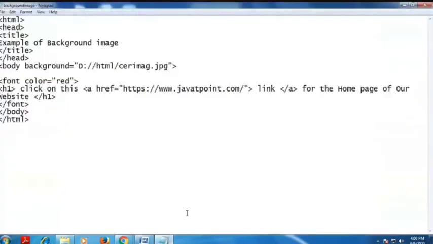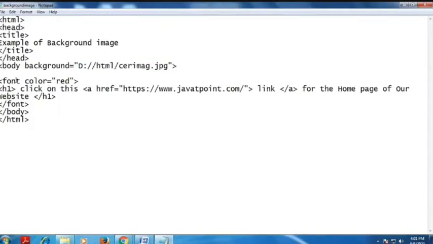See the example here. I have to insert one of the images here, the same as HTML. Head and title tag is open and title tag close. Head information is over, so head also closes here. I start with the body tag. I have to put the background attribute, so the background image will come in the web page. This attribute is used to insert the background image of the web page. Background equal to, you have to specify the path of the image. So actually I have to load the path in D drive, the HTML folder, some file name .jpg.